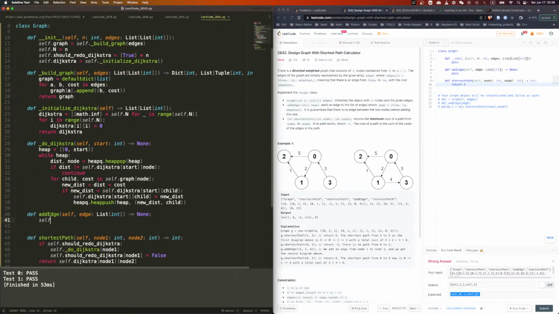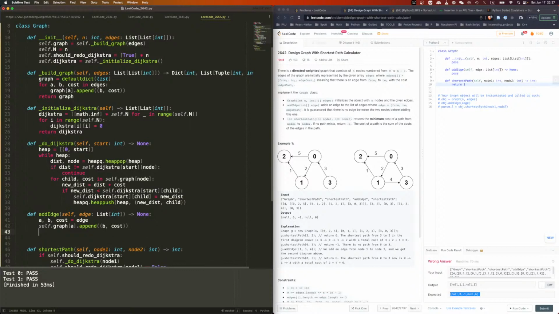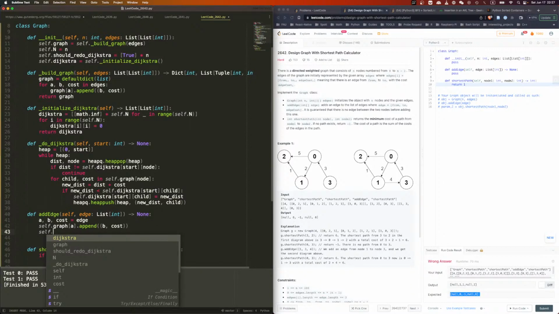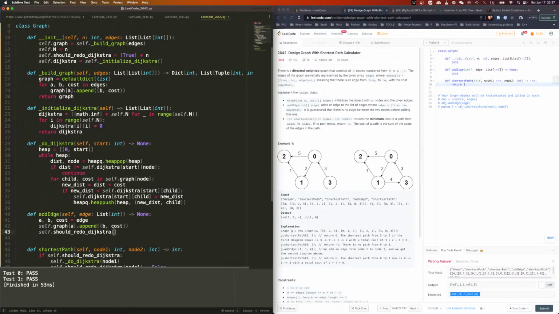Basically we say self.graph a b cost equals edge. So a.append b cost, and then self.should_redo_Dijkstra